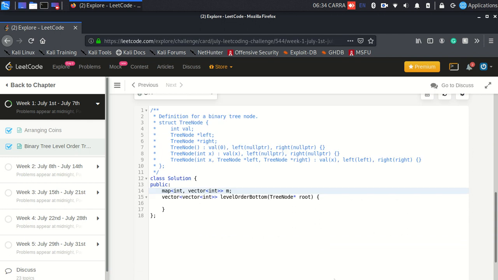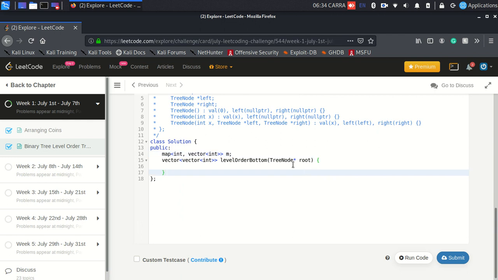Let's name it M, and I'll have a vector of vector of int as the answer. So the map will contain all the vectors, and at last I'll fill up the answer vector using the map. First let me populate the map. So I'll do a DFS or maybe BFS. It hardly matters what you name the function, or even whether you do a DFS or BFS,